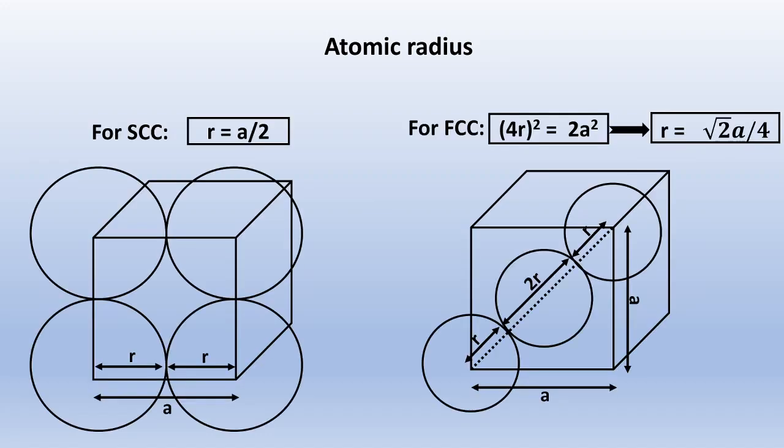Next we will calculate atomic radius for BCC. Now for BCC it's not as simple as FCC, because in FCC we know that atoms are present on a straight diagonal, and it's easy to apply Pythagoras theorem to this single right angle triangle. In BCC, let's look at a room. Let's suppose this room is a cube. That means each side of this room is equal in number. That means length, breadth or height of this room is equal, and this is a perfect cube.